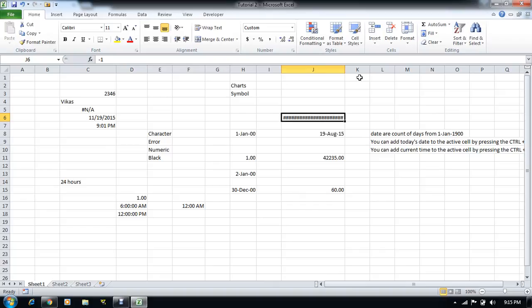By default Excel assumes that you will not be adding dates before 1st Jan 1900, because whenever we work in Excel, for example, if you are starting to add data today, either you will add today's date, or there can be a scenario where you add a date 2 years, 3 years, 10 years, 100 years back, but there will not be a scenario where you add dates before 1st Jan 1900.